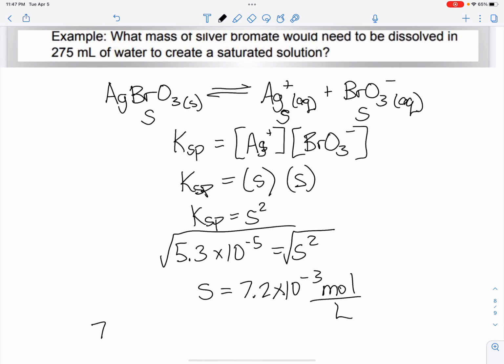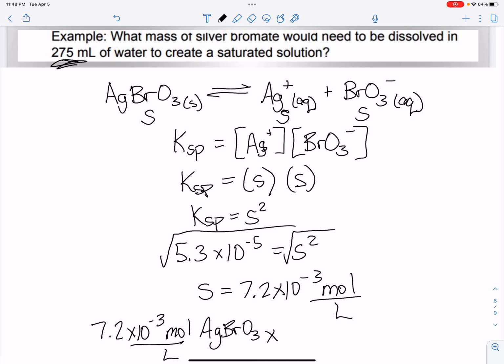I'm going to take my 7.2 times 10 to the negative 3 moles of silver bromate, AgBrO3, per liter. I'm going to multiply by the number of liters, so I've got 275 milliliters of water, so that's 0.275 liters. My liters will cancel out. And the last thing I'm going to do is I'm going to multiply by the molar mass of